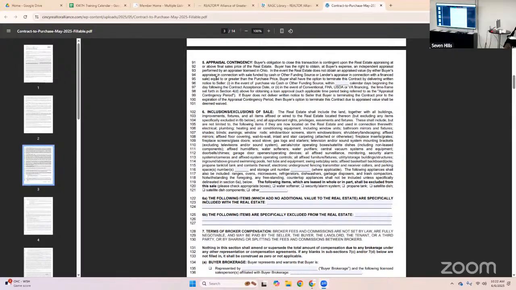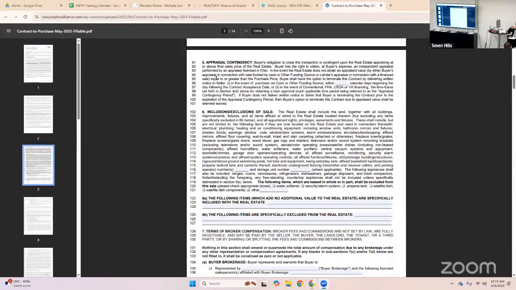Okay, so what do you think that means in normal terms? Basically, if it doesn't appraise, they terminate the contract, but they have to let them know within so many calendar days. Exactly. And if they don't abide by that, then they're saying they're going to go ahead with the contract and accept it at the appraised value. There are a lot of problems with the way I think that is written, but it does coincide with financing terms as well.